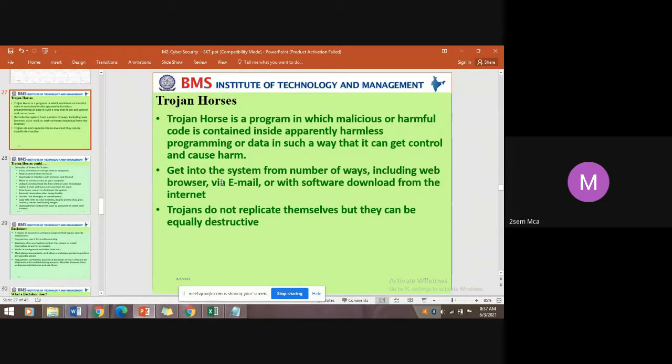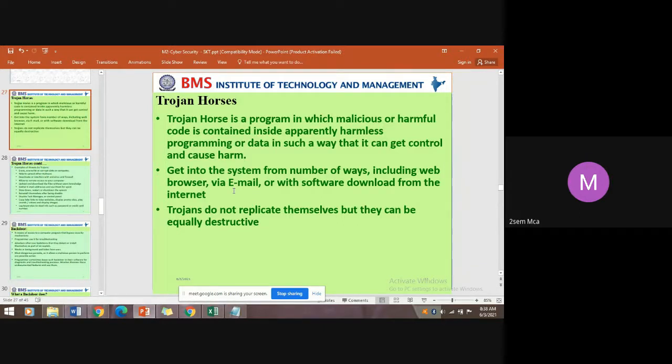If the browser is unknown, not popular, there is a chance of a flaw in the browser that might be used to enter your local system. There is also a possibility to enter through email attachments, by sending a spam mail or phishing mail